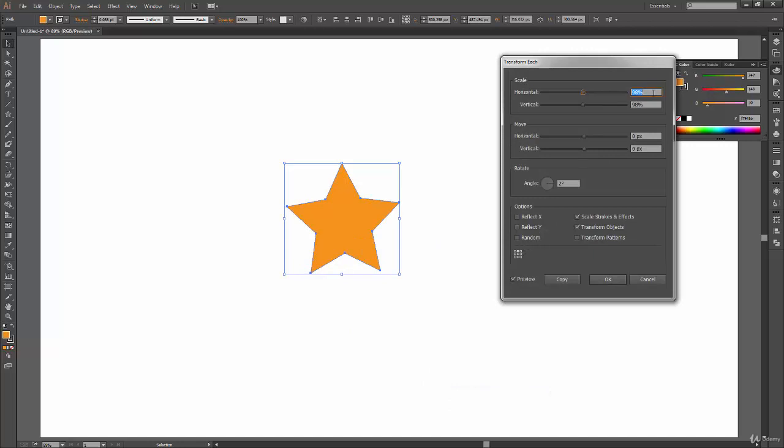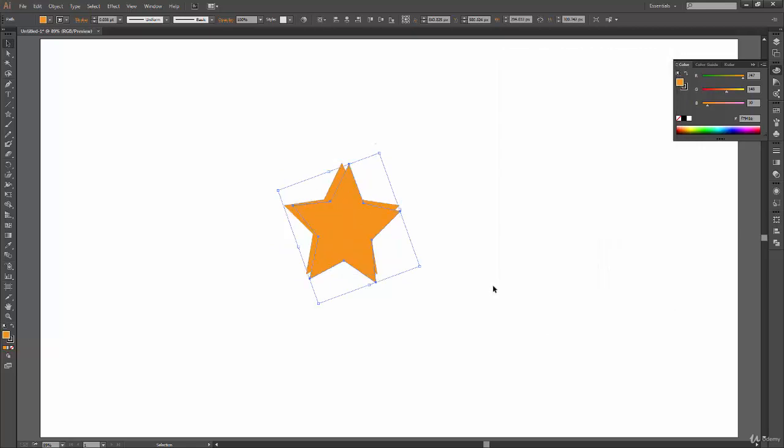So again, create a star and select the shape, right click, transform, go to transform each, and this time, okay, so what we have to do now is change these values a bit. It will take these values and make a random value out of them. When we set it to default, it will not be able to change any values by itself, because it is only playing with 100%, 100% and 0%. So we have to change the values a little bit and then click on random to see the newly changed shape. Okay, and when I feel like this is the transformation I want, I can click on OK or I can click on copy. So yeah, I think this one looks good.